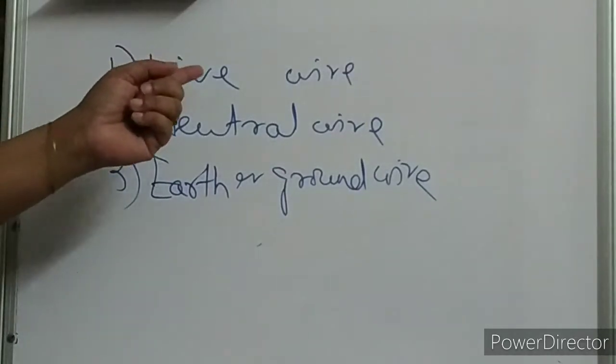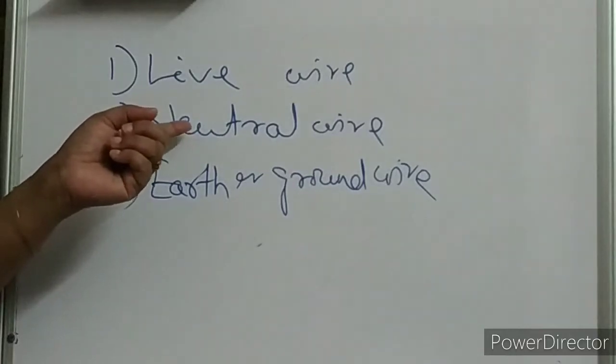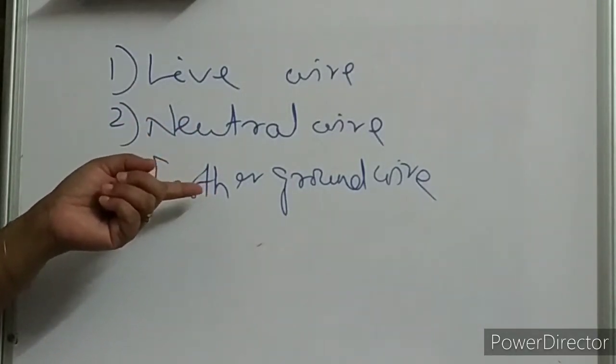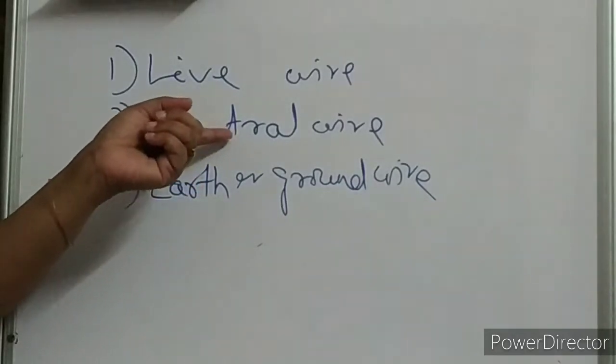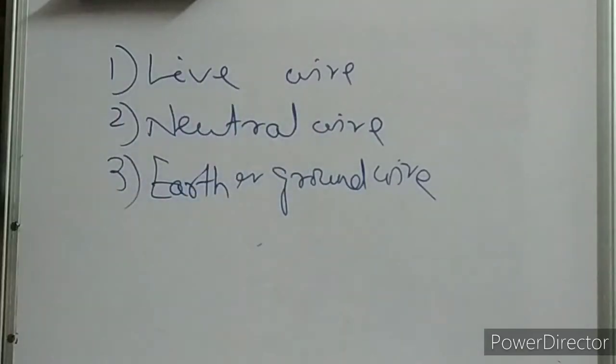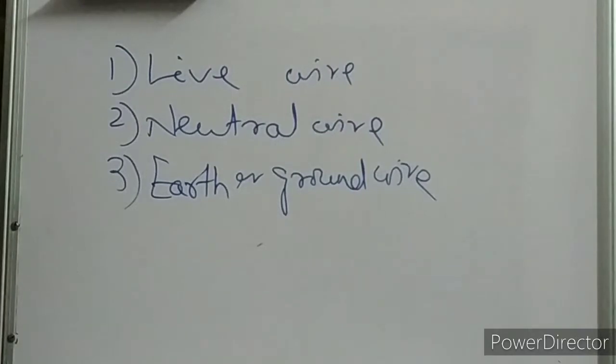This live wire is actually the positive wire, you can say, and neutral is your negative wire. And this earthing is actually for our protection, and the neutral is to complete the circuit. This thing in detail we are going to discuss, but a little bit later. Okay. So this live wire is connected to a fuse called company fuse, or you can say pole fuse. Okay. Why is it connected to the pole fuse?